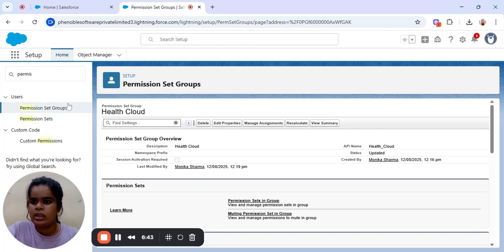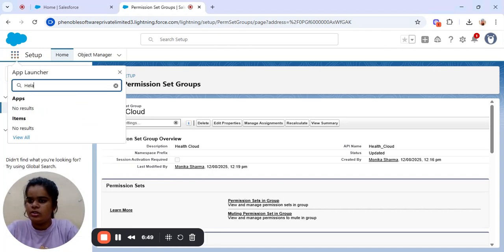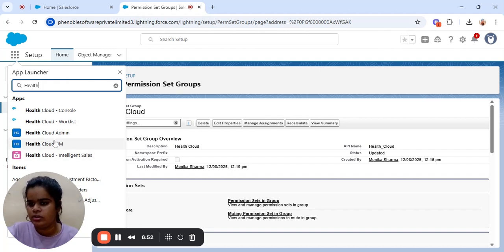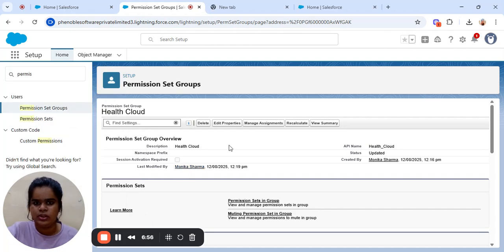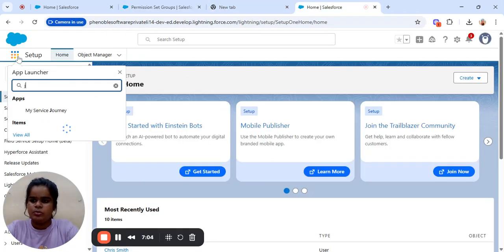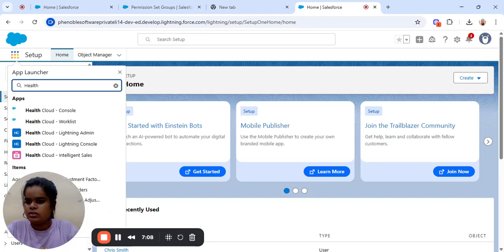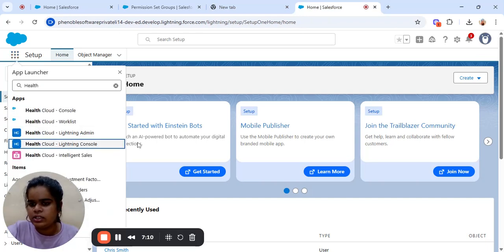Now let's have a look at the Health Cloud apps. Let me just open my Health Cloud Lightning console.